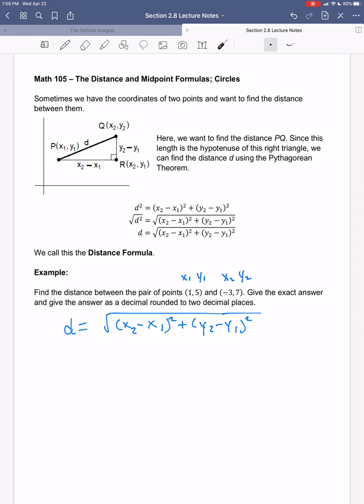Now, this is going to sound a little silly, but I've seen students make mistakes with this before. Be sure you label one as x and one as y. Don't make both of these x and both of these y, right? We got to have one x and one y for each set of points. So now I just substitute in these values. x2 we've got is -3, x1 is 1, and then y2 is 7, y1 is 5,